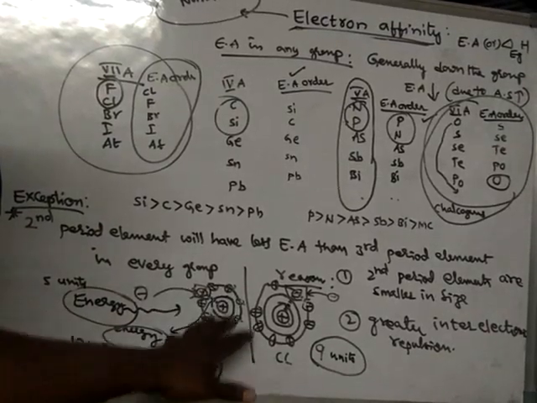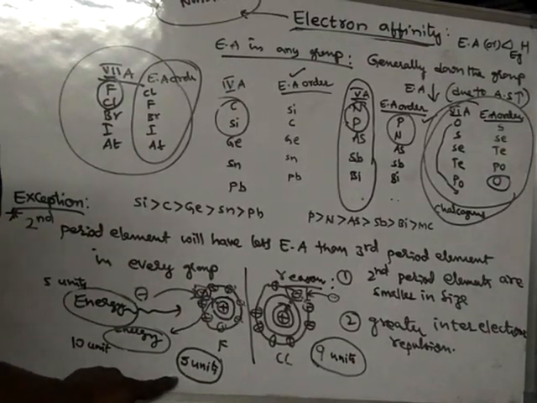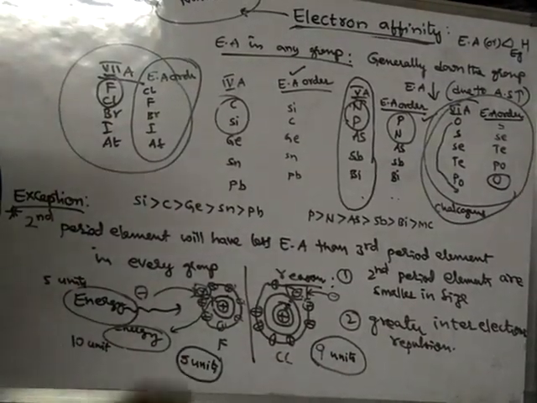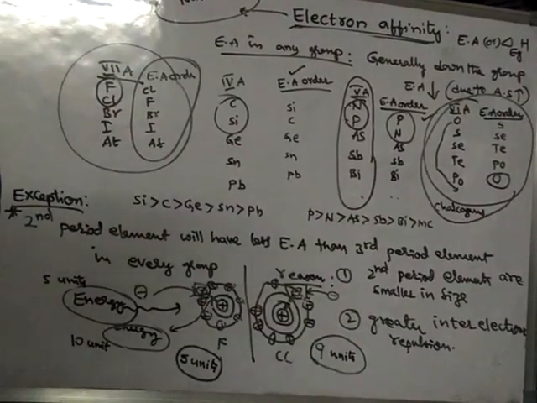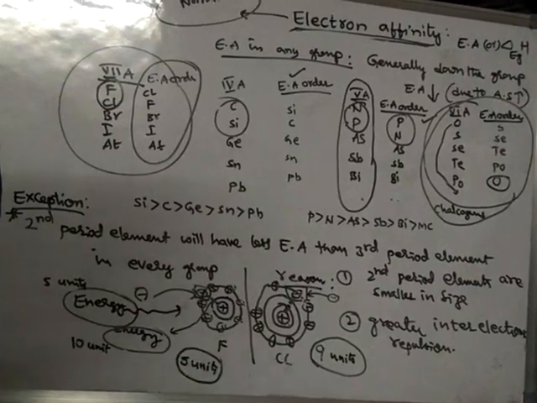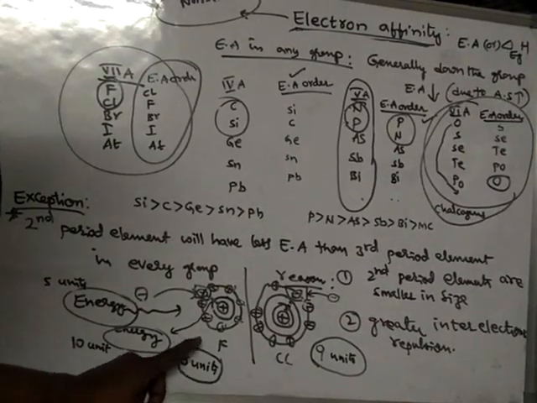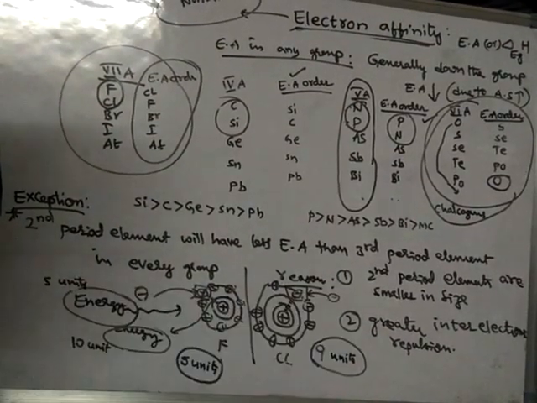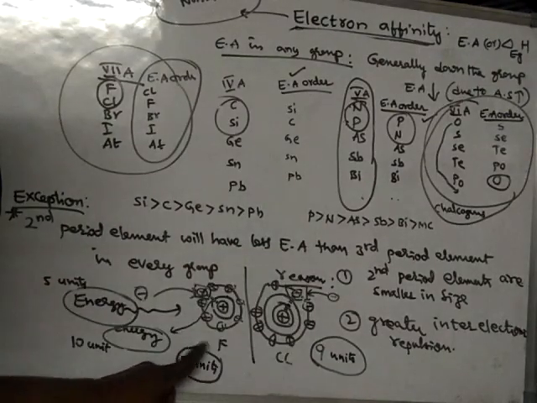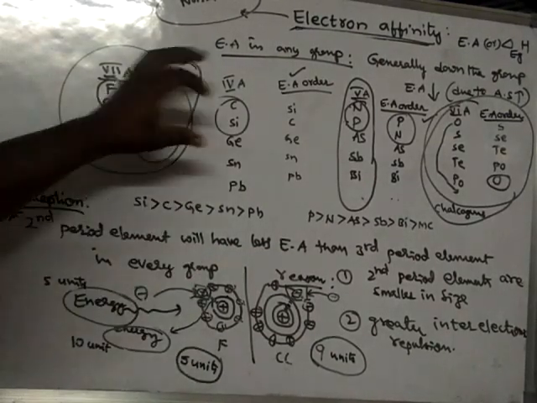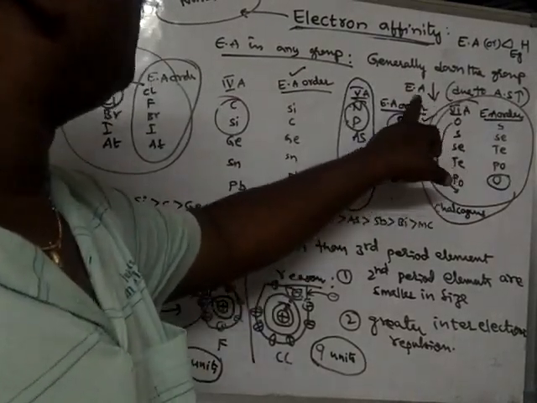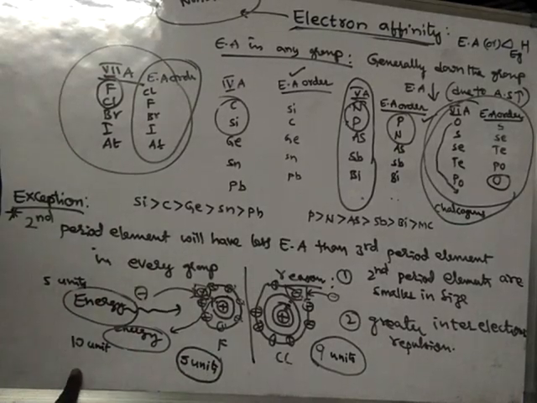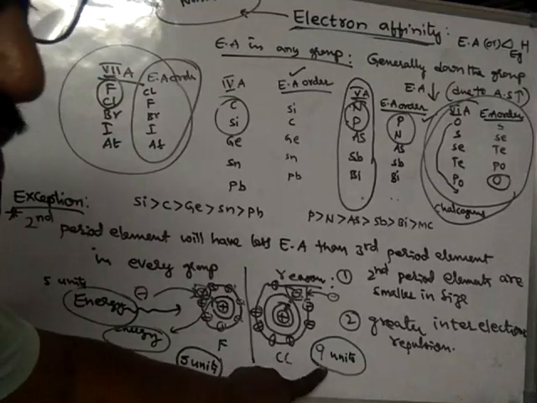So as a whole, there is a loss of only 5 units of energy by this atom. By considering all these things, fluorine is losing only 5 units of energy, whereas chlorine is losing 9 units of energy. These values are not exact values; I am giving them simply in order to make you understand. That is why fluorine has less electron affinity than chlorine. There are 2 reasons for the less electron affinity of fluorine than chlorine. Generally, down the group, electron affinity should decrease. Here also, fluorine is releasing 10 units of energy, but chlorine is releasing only 9 units of energy.